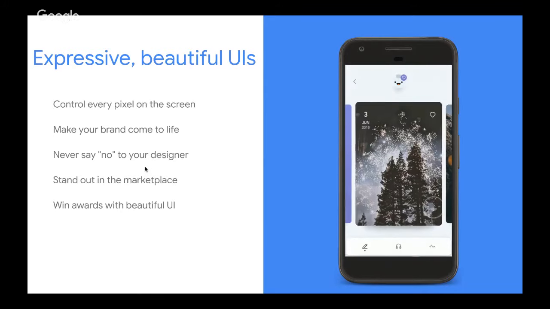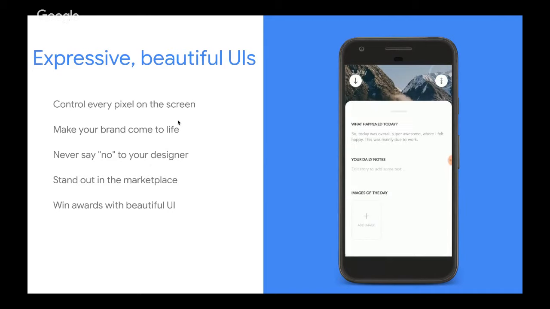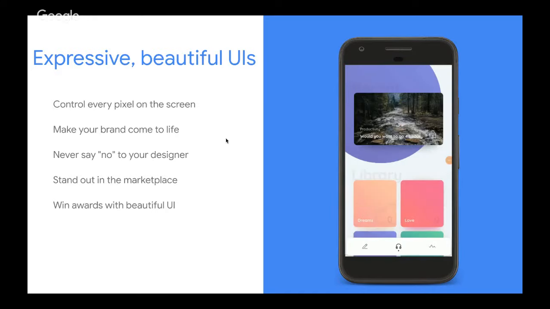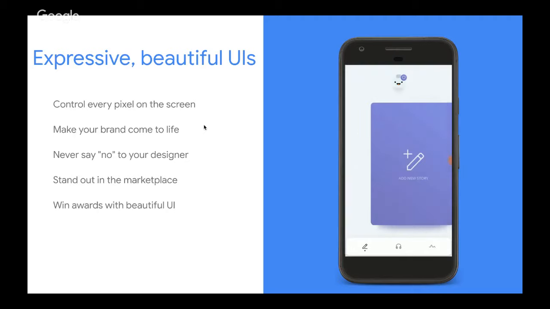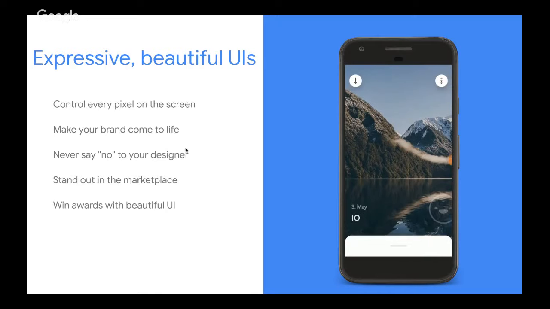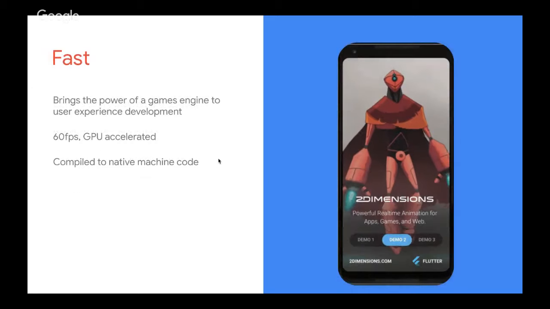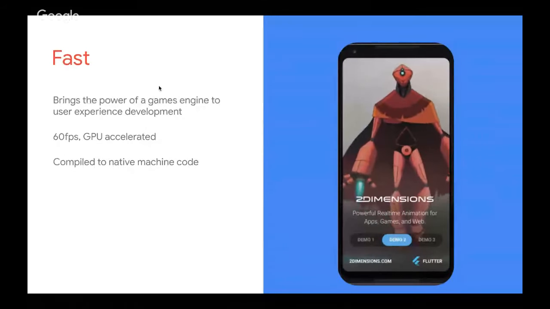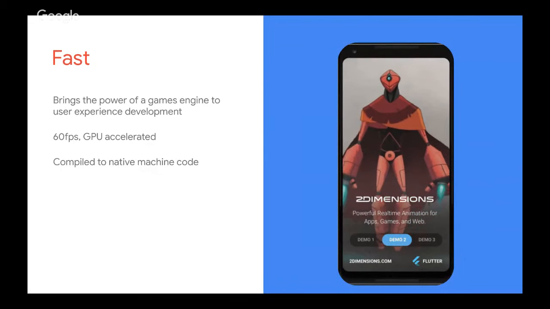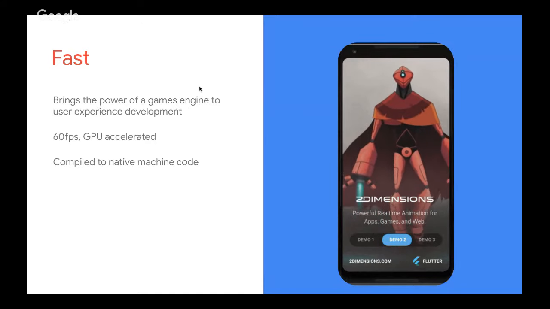And even if your designer comes with a unique design that does not follow the operating system design language, with Flutter, you can do that easily. You can write your application with Flutter and compile it for iOS and Android without caring too much about the operating system itself. Also, Flutter is very fast because it's compiling to binary code. It's using its own rendering engine, and it can run at 60 frames per second. With Flutter, you can build games.